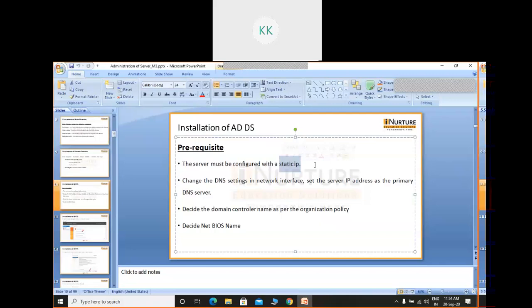Because it helps us to identify or find our PC in the domain efficiently. Your permanent address. Static IP means the permanent address. If you are changing your address all the day, then how can I find you?